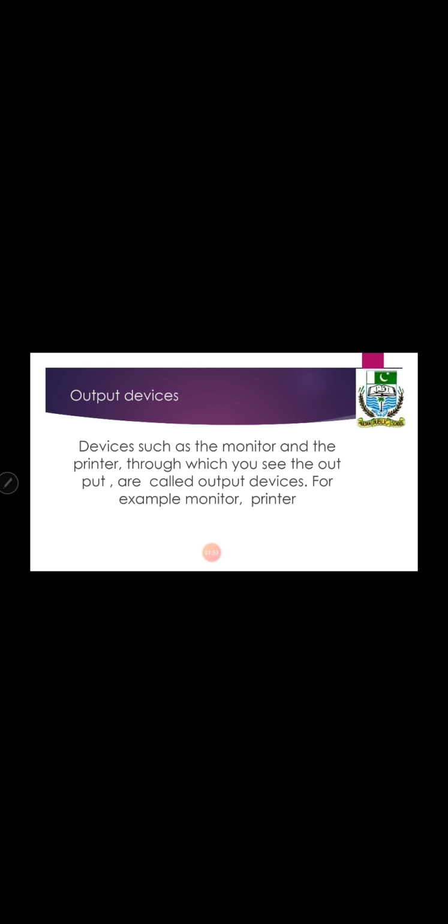Now, output devices. Devices such as the monitor and the printer through which you see the output are called output devices. Input and output devices are together called computer peripherals.